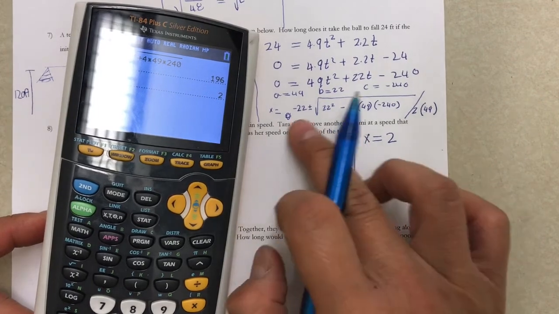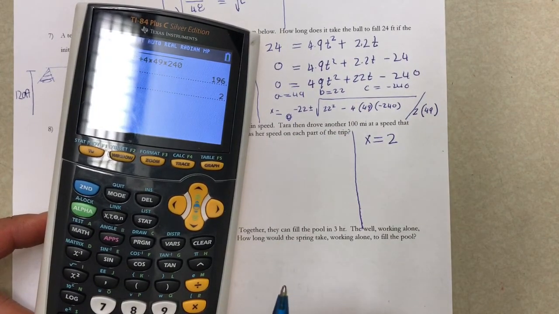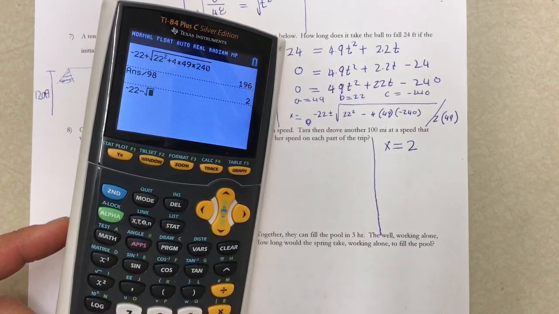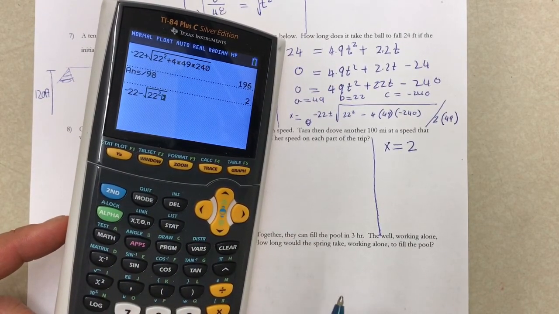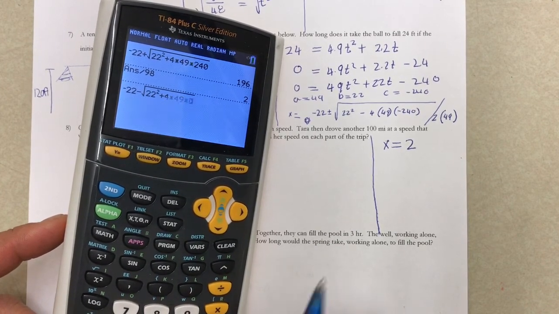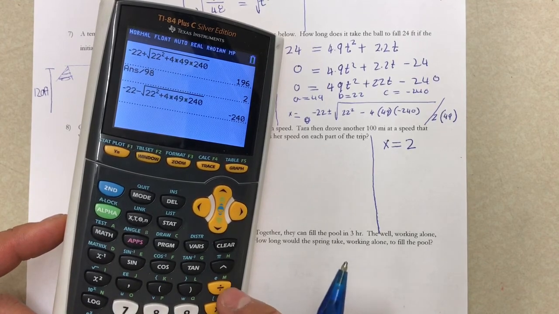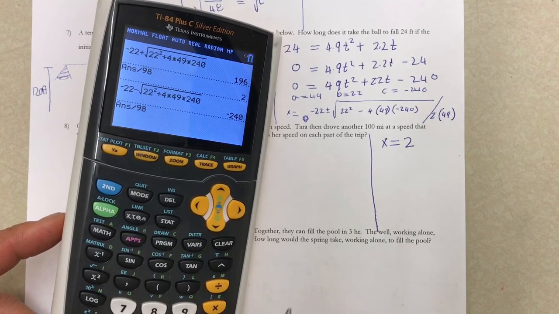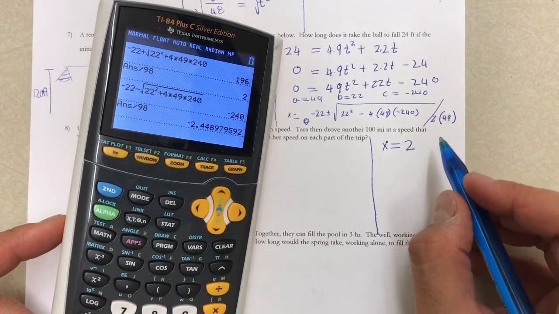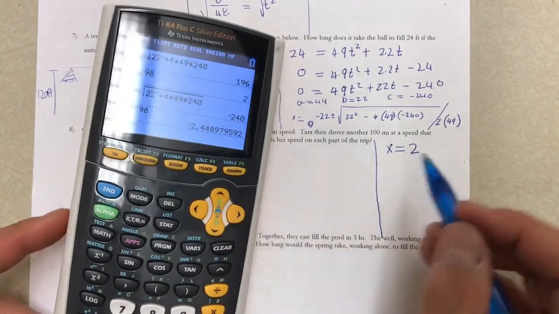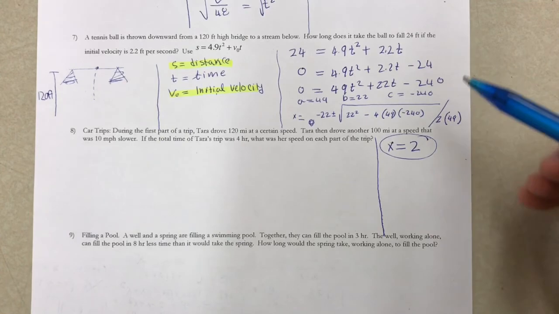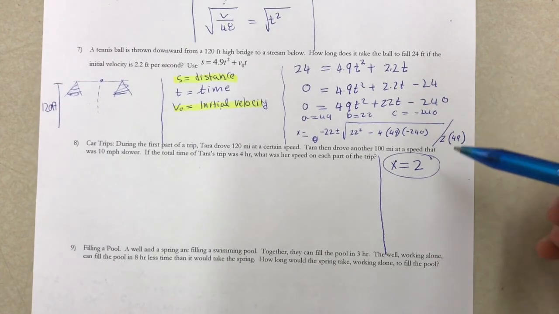On the other hand, we're going to subtract now because there's a plus and there's a minus. So minus the square root of 22 squared plus 4 times 49 times 240, divided by 98. And that comes out to be negative 2. Now, time can't be a negative number, so we will not keep that value. We're just going to keep this value. So how long does it take for the tennis ball to fall 24 feet? The answer to that question is